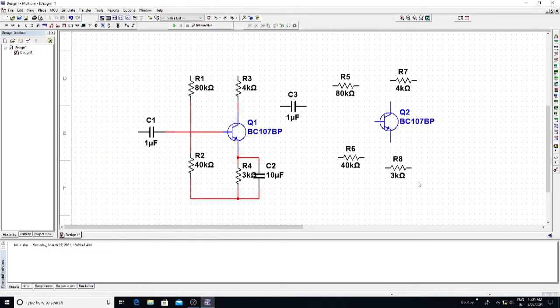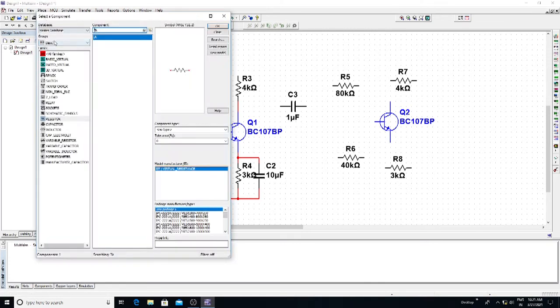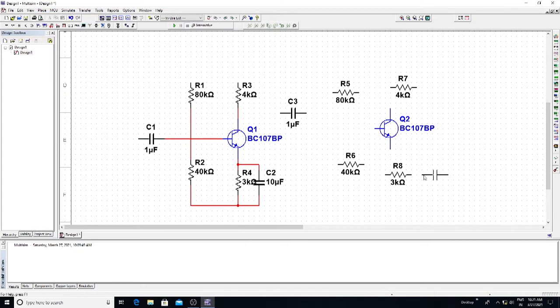Similarly, I need a capacitor, C2, which is parallel to R8. Now go to place, component, the capacitor in the basic group. Go to capacitor, type here 10 micro, place a capacitor here.